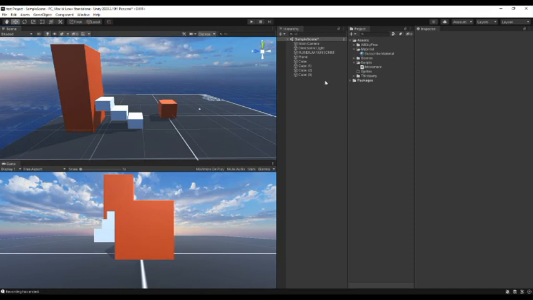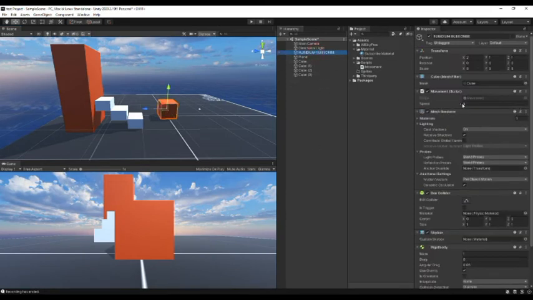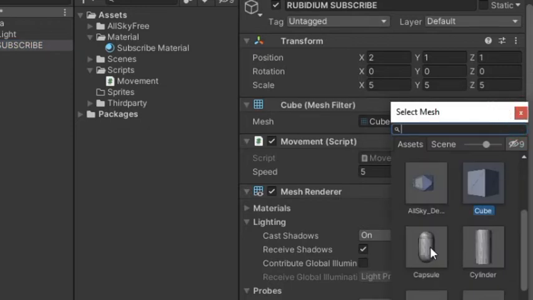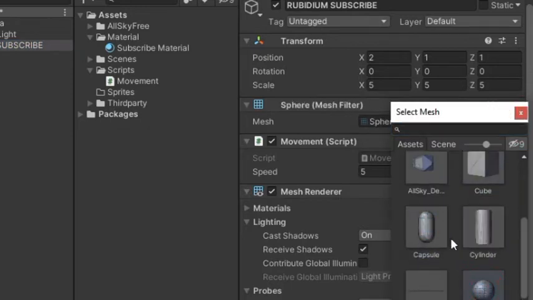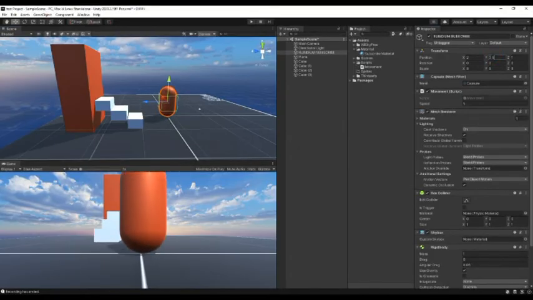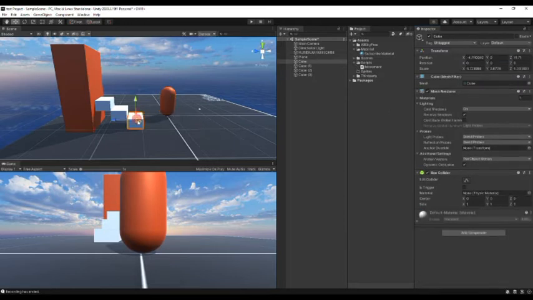Also, you can change how your game object looks. So let's go to our main character Rubidium subscribe, go to that now. And here you see something called the cube mesh filter. You can click over here and make it look like a capsule, a cylinder, a ball, or anything you want. I can keep it as a capsule and just position it perfectly. Yep, now it's touching the ground perfectly. Or you can make it any shape you want in this. You can change these shapes too. Also, you can make your own shapes in apps like Blender. That's the one I use. It's very amazing. Go check it out now. I have the link in the description. You can download it and make amazing game objects in it.